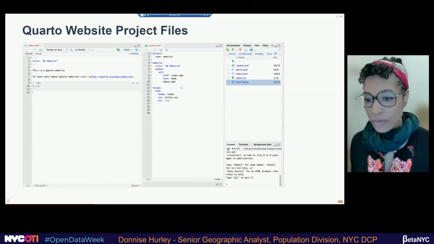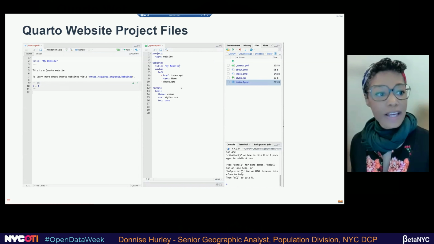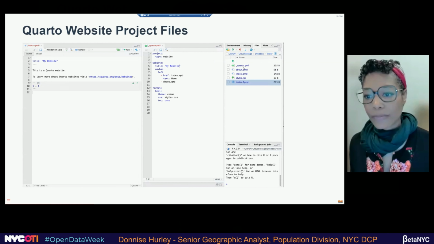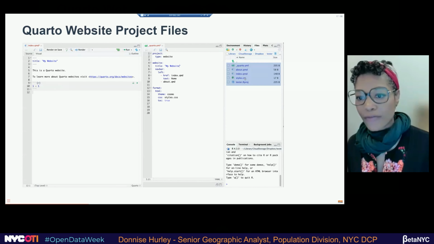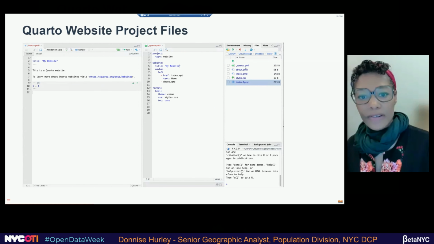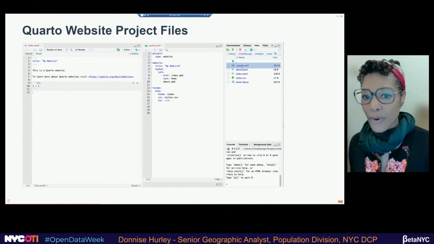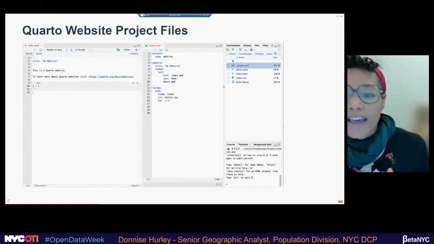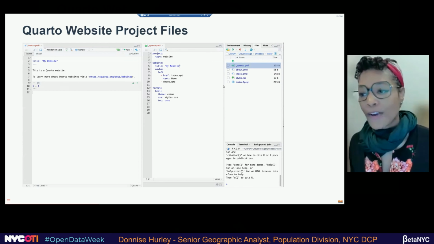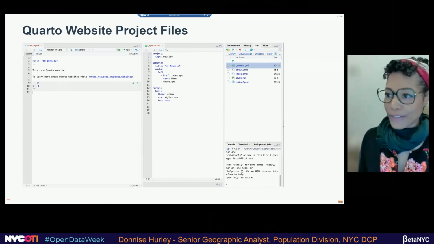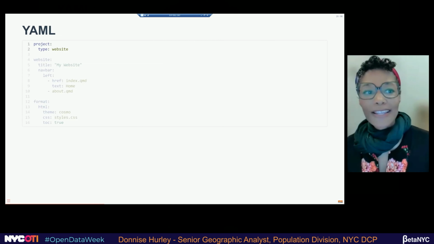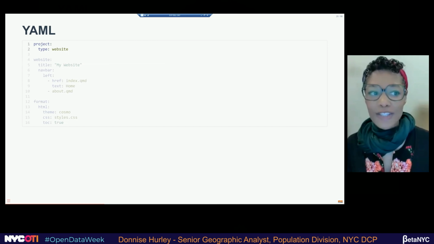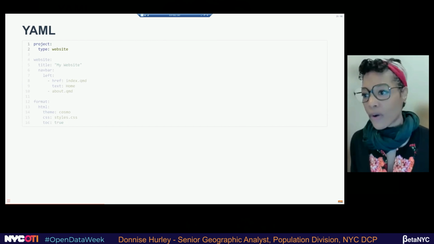So once you open your website, you'll see that you'll get 4 documents, and then you have your project here. So I'll go over the main ones, which are quite important to setting up a website. And the first one is a YAML, which stands for yet another Markdown language. But basically, this is your metadata. This is where you tell Quarto how I want